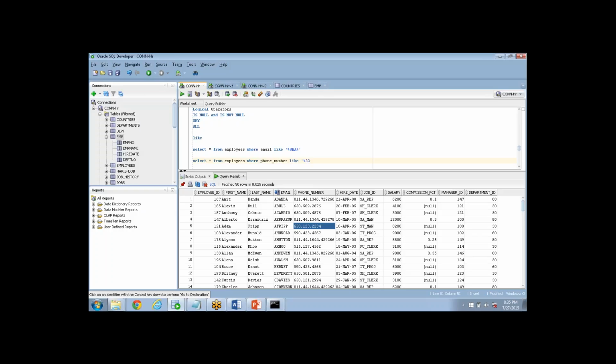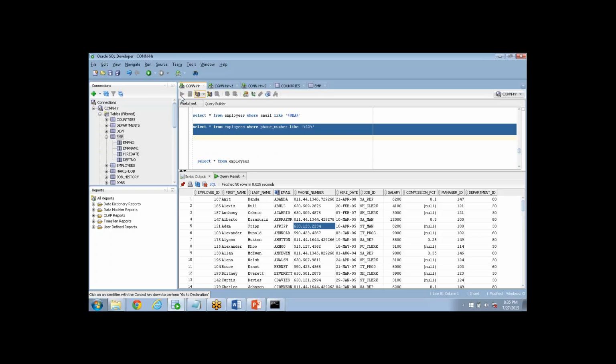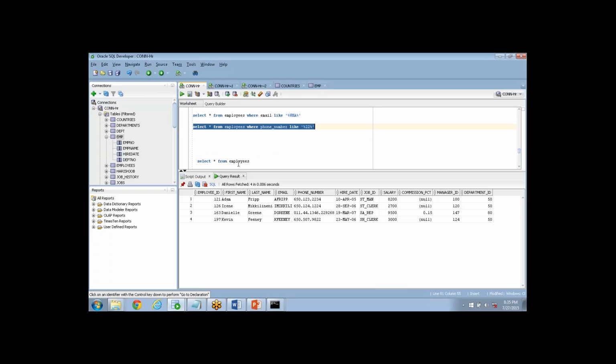With the percent sign, you'll get all the phone numbers which have a 2 anywhere in them. If you see the phone numbers, you see a 2 here, and that's the reason this record got fetched. You see a 2 here somewhere, and that's the reason the record got fetched. In this scenario, you got a 2 here, and you see the last 2. So it searches for the value anywhere in the phone number column, and if it finds the pattern value, it will definitely pull up